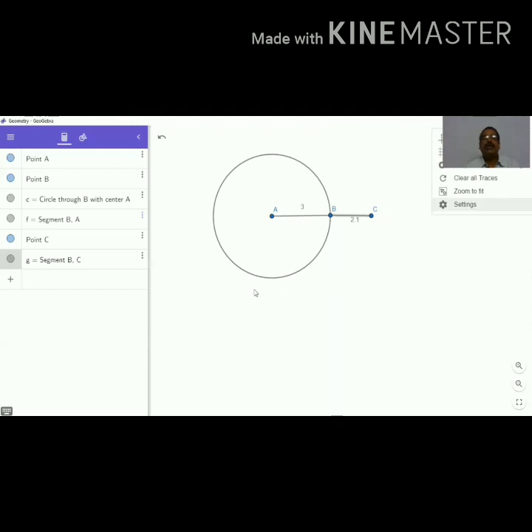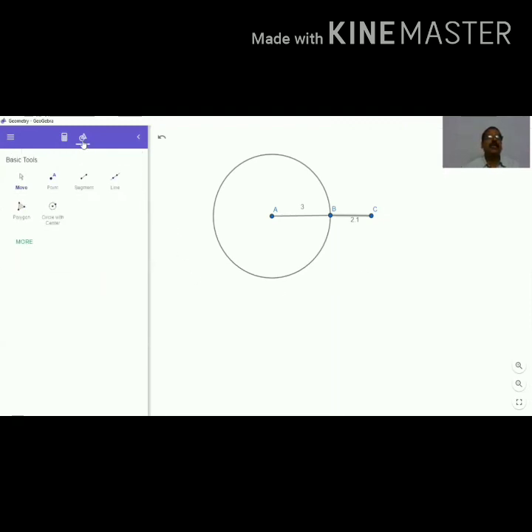So 2.1 we got. So we need the exact measurement. Okay, now we have taken point C, exterior point 5 centimeters away from its center. Now we have to draw the pair of tangents drawn from external point C. Through C, you are drawing pair of tangents, 2 tangents from external point C.